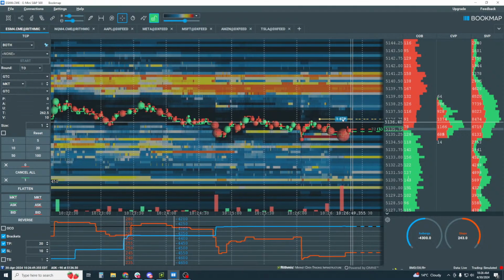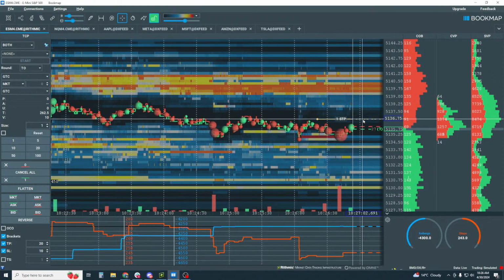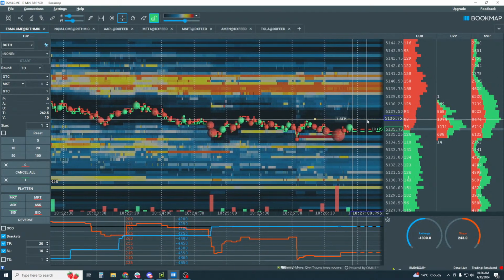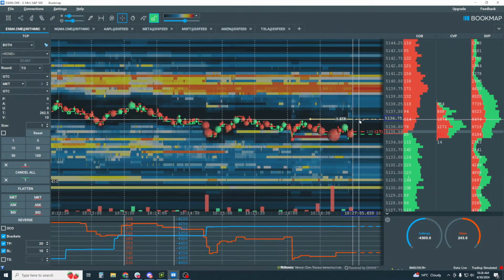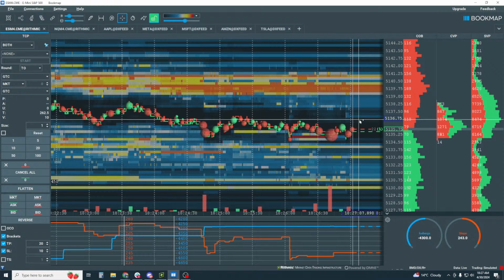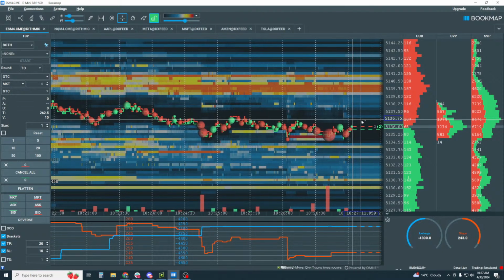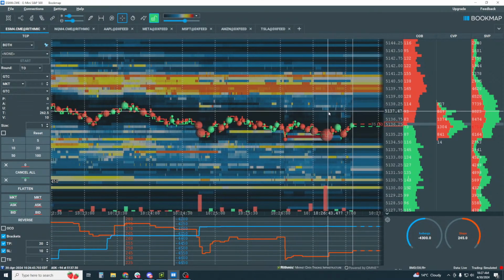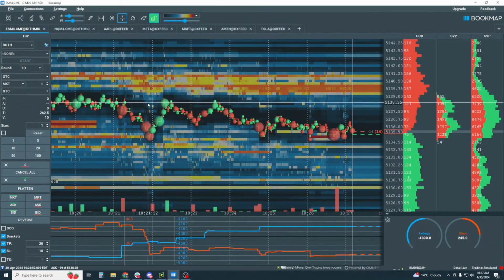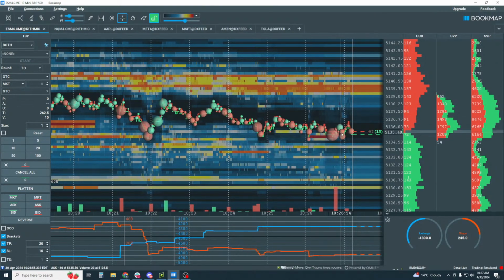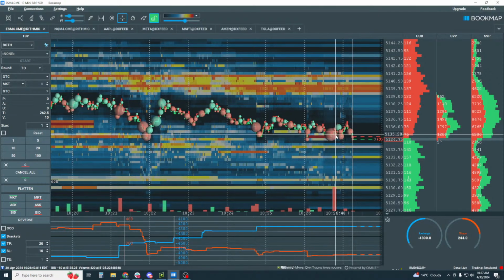Okay, is this high probability? Not really. Not really at all. It's not even really good for a scalp. Therefore, I'm going to cancel this trade. I'm going to use my center mouse wheel as a button, and then I click on that order. All right, now it might work out, but I don't have all of the pieces aligned in my criteria to